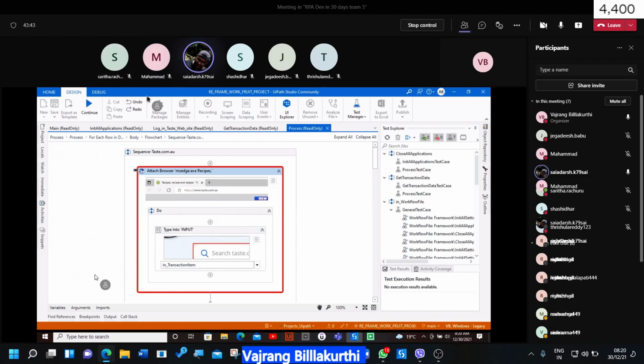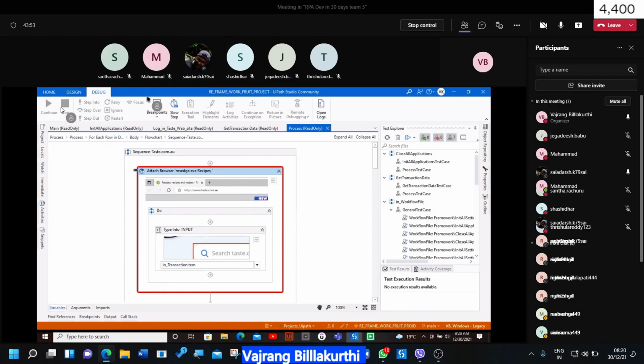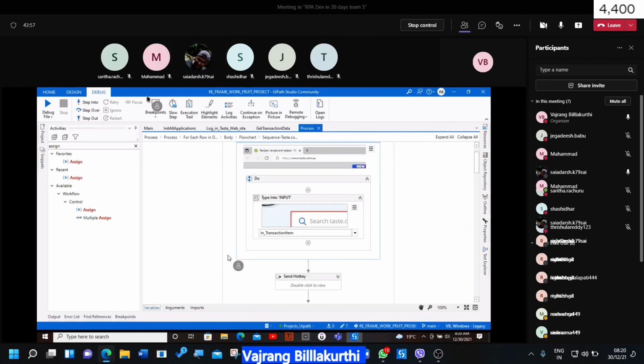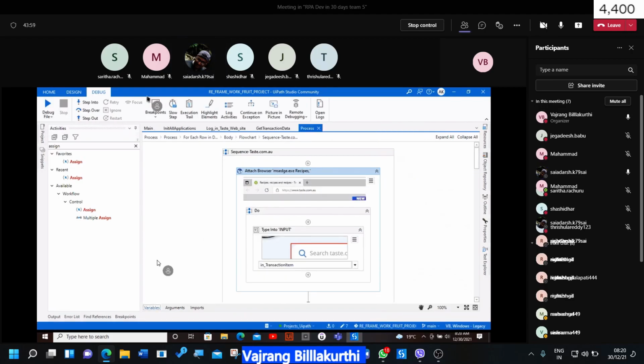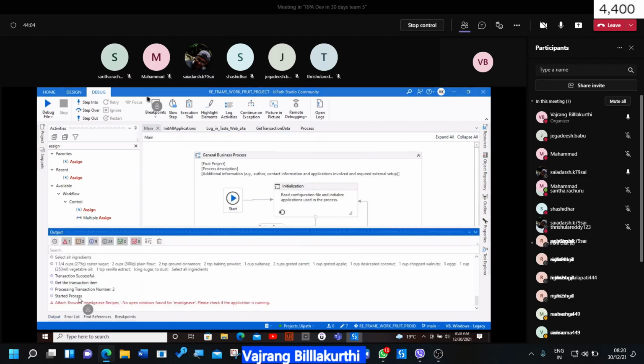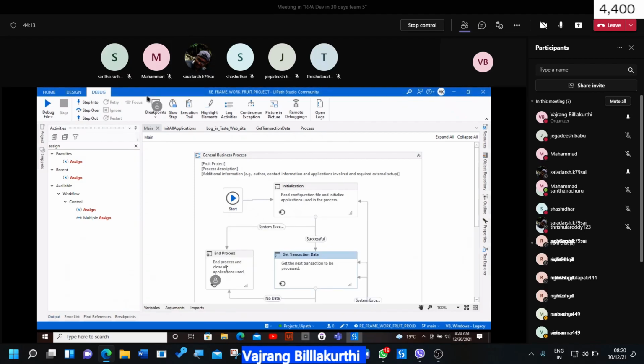So I think it is a selector issue. Let's stop this. I'm closing the tab, right?